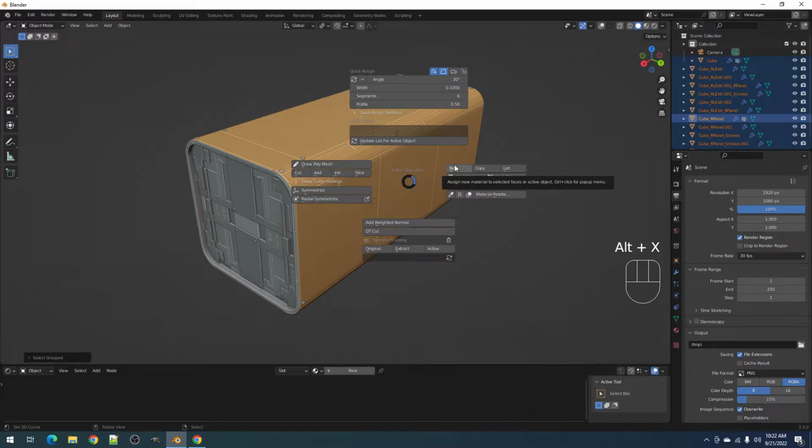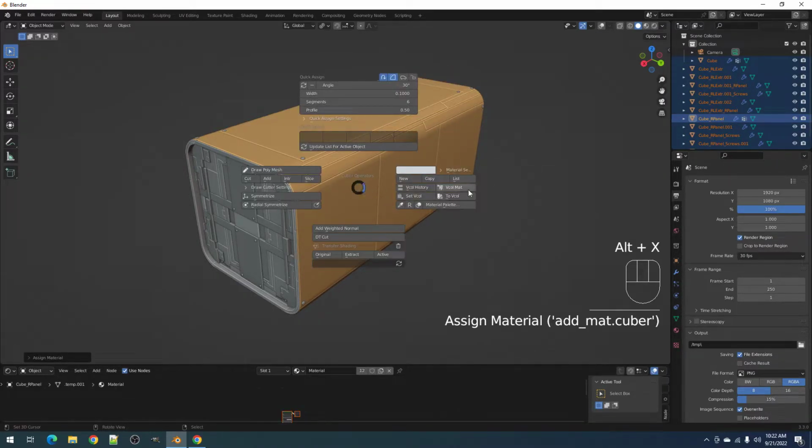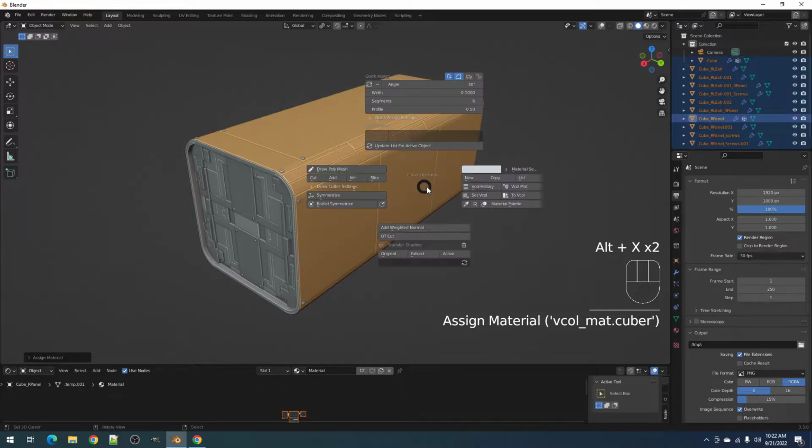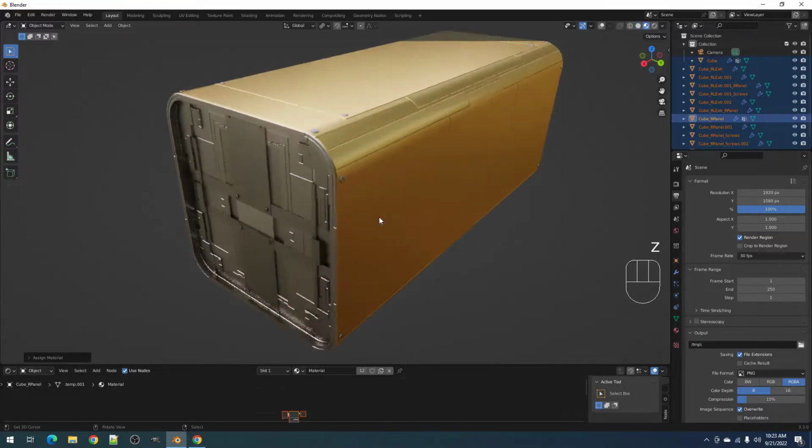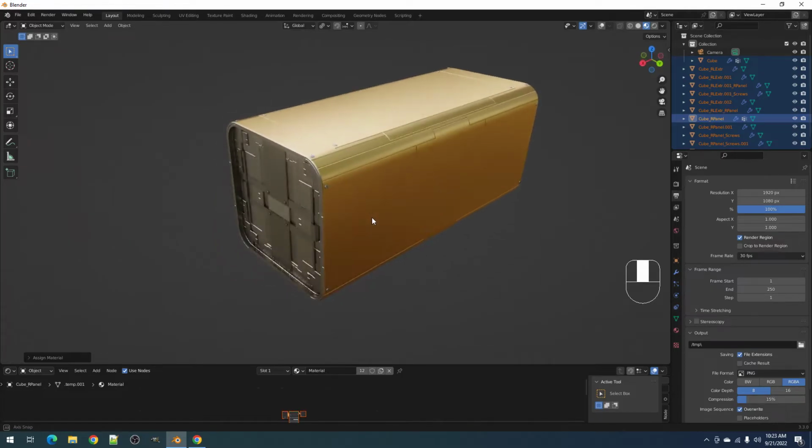And we can create a new material using Cuber, and then the vehicle matte. The vertex color feature will be separated from Cuber and set aside as another separate add-on, but it will be a part of the creative flow bundle. Okay, so